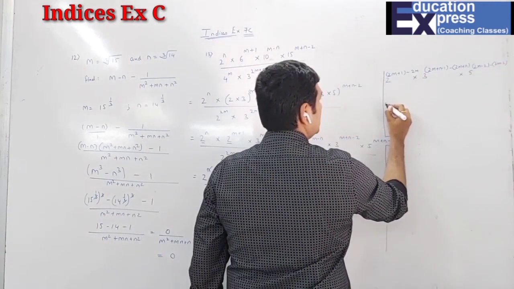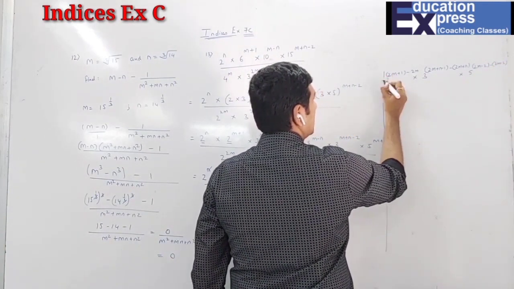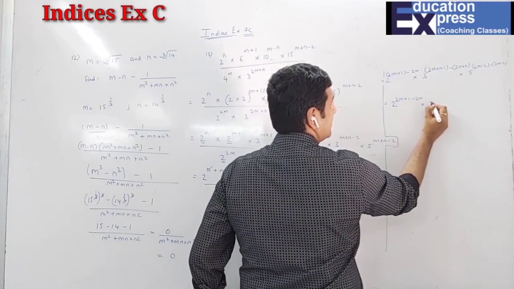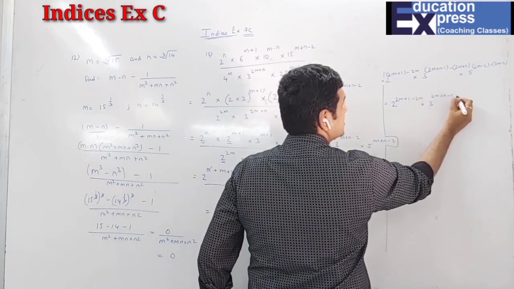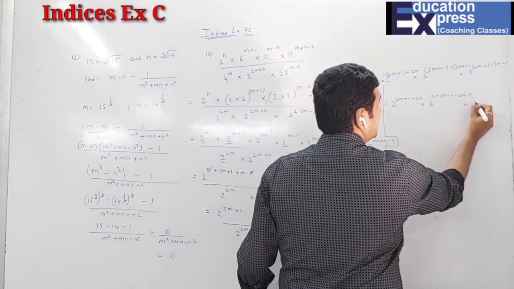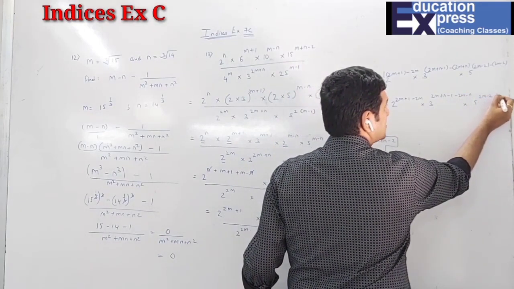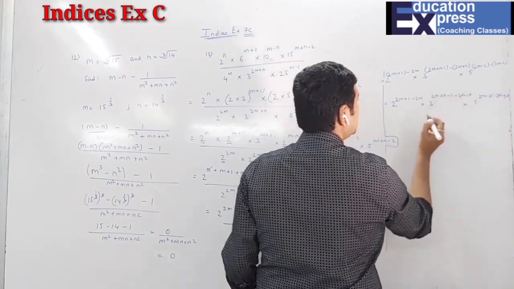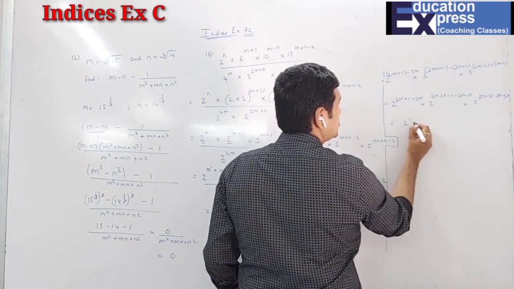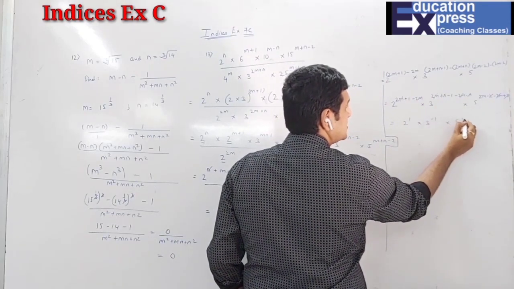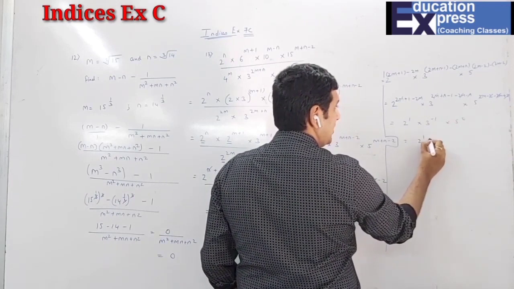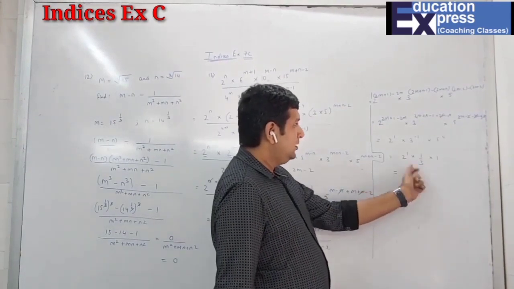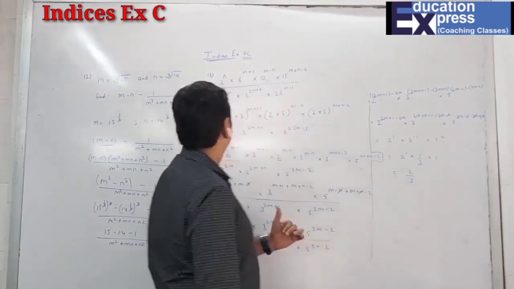So now students, over here 2m plus 1 minus 2m, 2m plus n minus 1 minus 2m minus n, 5 raised to 2m minus 2 minus 2m plus 2. Minus 2m plus 2 cancels. Here 2m cancels, n cancels, minus 2m cancels. So what is left is 2 raised to 1, 3 raised to minus 1 and 5 raised to 0. So it's 2 raised to 1, 1 upon 3, and anything raised to 0 is 1. So 2 raised to 1 into 1 upon 3. So the answer is 2 upon 3, and we're done with question number 13 also.